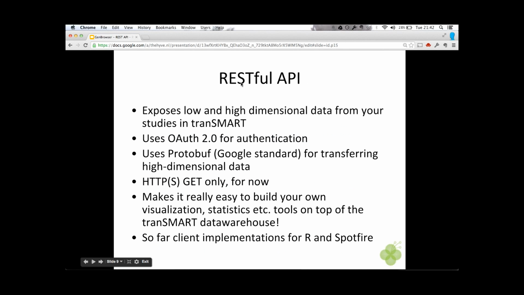And I'm very excited about this development because I think that for tranSMART, if it really wants to become a leading platform for translational research installed at pharma companies, at academic medical centers, at nonprofits, disease foundations, etc.,